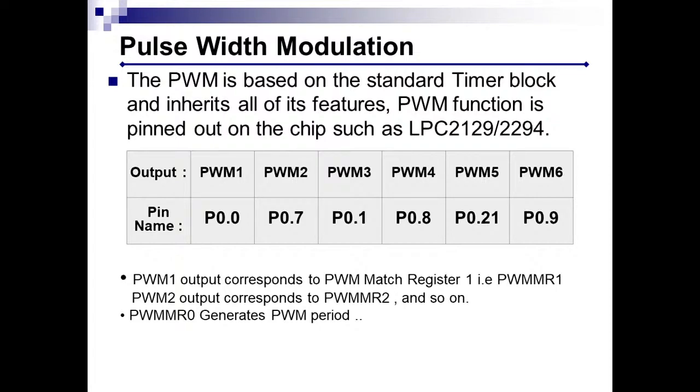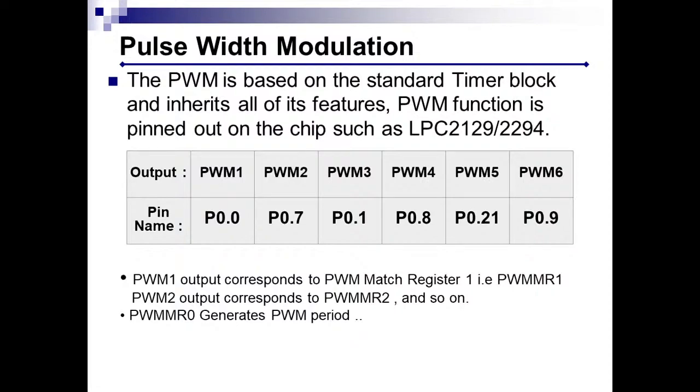But suppose you have a 3-phase motor and you want to design a drive for a 3-phase induction motor. Then you need to operate a total of 6 MOSFETs or IGBTs. You have to provide input to all these 6 MOSFETs or IGBTs, and all these 6 inputs will be PWM, because you want to control the speed of the motor. So in that case you require 6 PWMs.